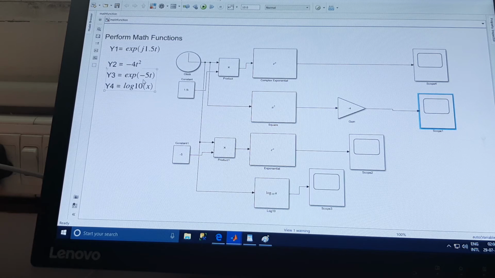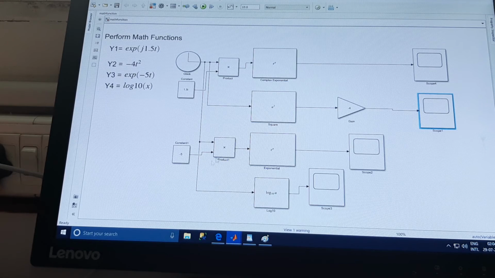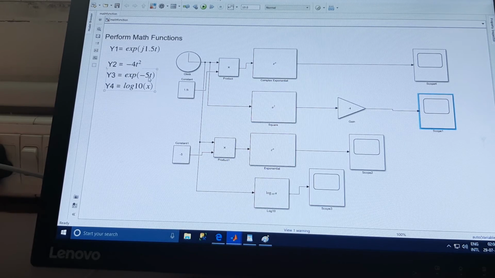Y3 is e raised to the power minus 5t. Now for that, this is the input argument which needs to be applied on the math function. The math function will perform the specified function on this input argument. So what will we do? Again, for defining t, we will use the clock signal.